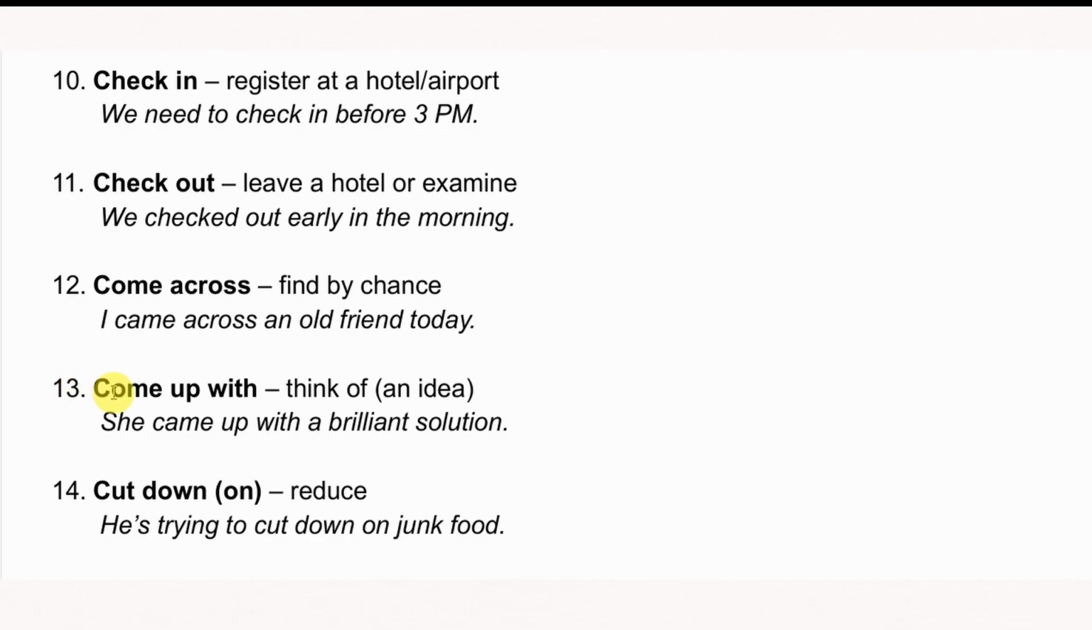13. Come up with. To come up with means to think of an idea. Example. She came up with a